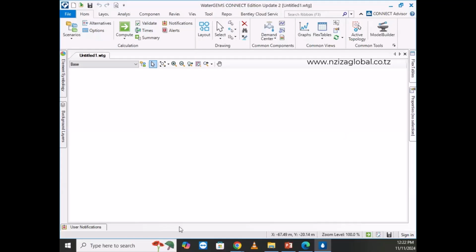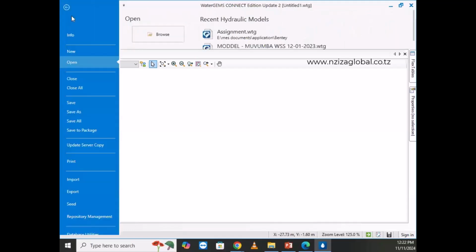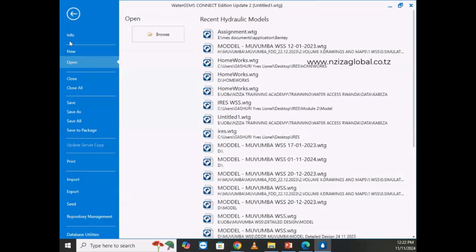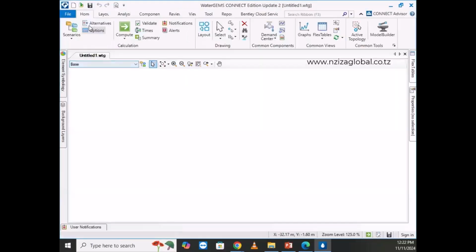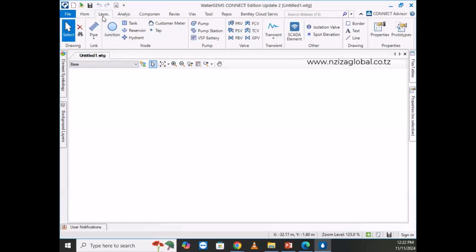This is the place where your network will be located, where you will draw your network, and it has tools like Word or like Excel. Here you will have a way to save your network, a way to save as, and a way to import and export your network. The other one is layouts. The layout is what will help you to input your